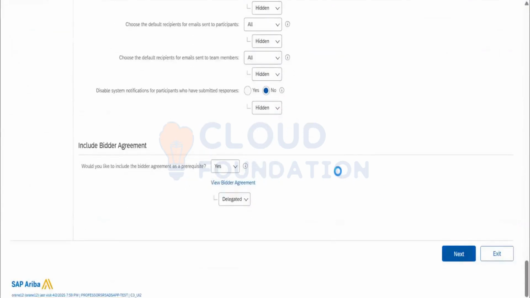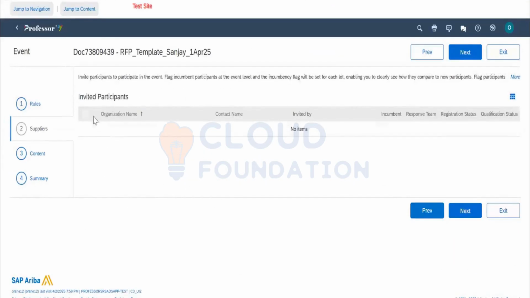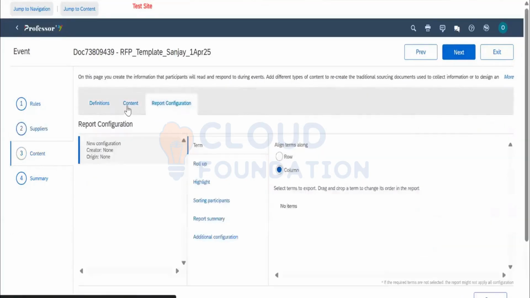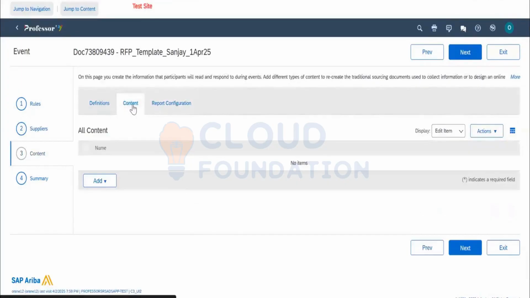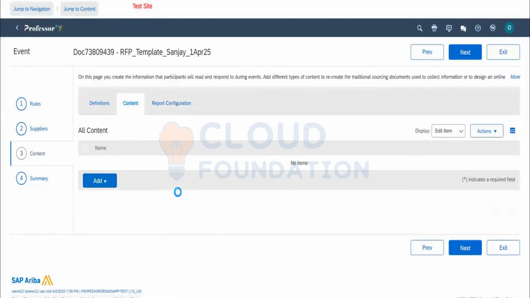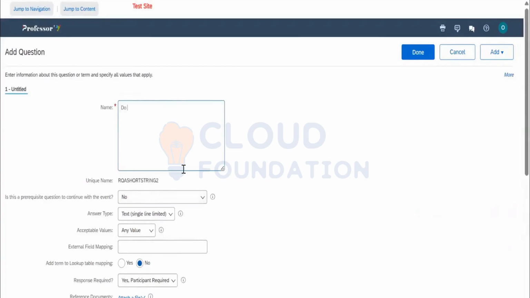Here suppliers will be added not by the template, but by the users based on the item category, whichever suppliers they want to invite. They will be adding it. And here, if you don't have anything, the user will be provided with the option to create it. Now, if you want to create something, let's say I want to create one question, which is like, do you have a valid manufacturer